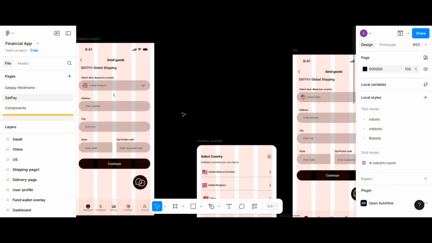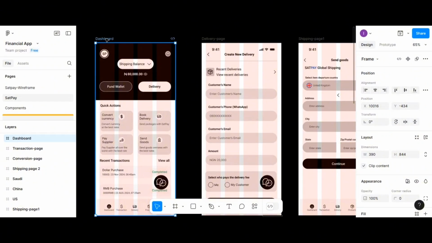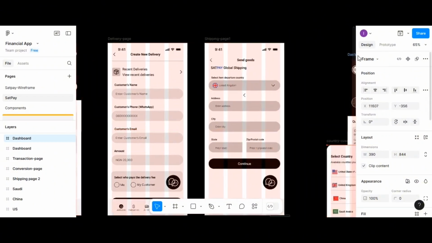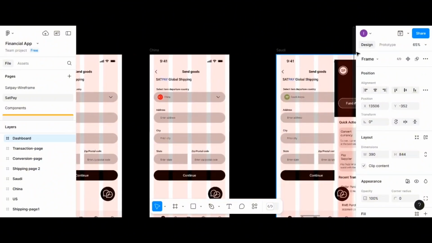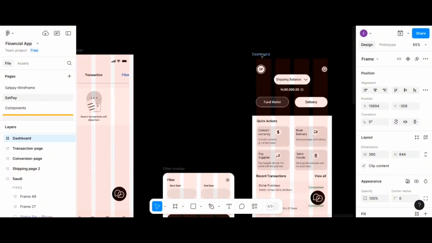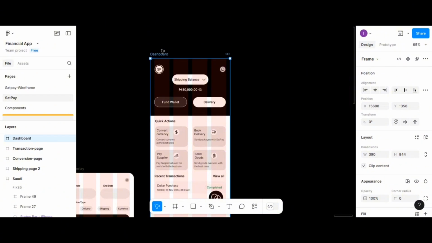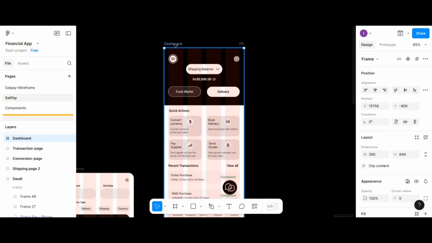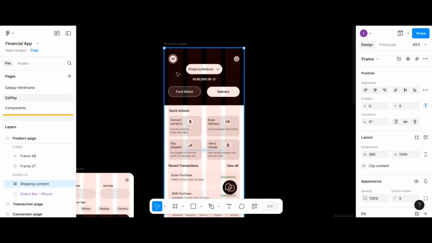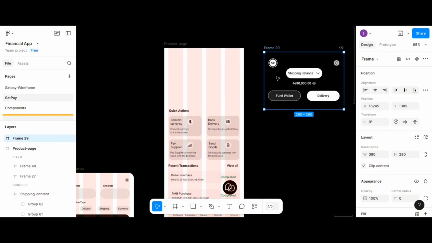So let's navigate back to the dashboard. Make a copy of the dashboard and take it to the other side. And we're going to keep it here. Now let's update this to product page and make some changes. Now detach this frame and delete it,